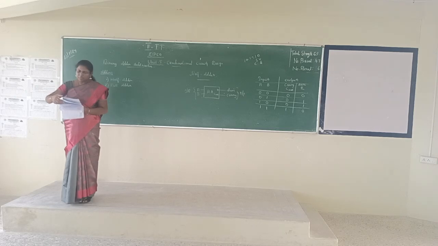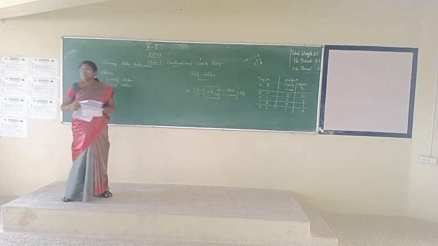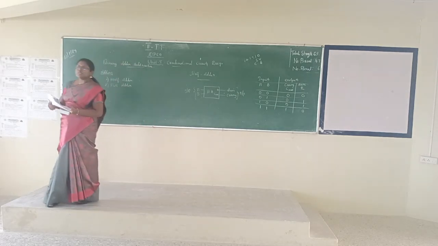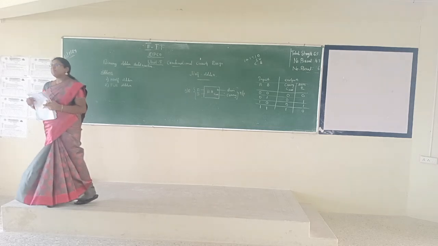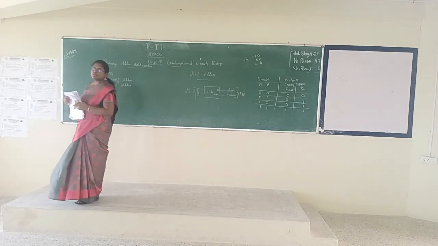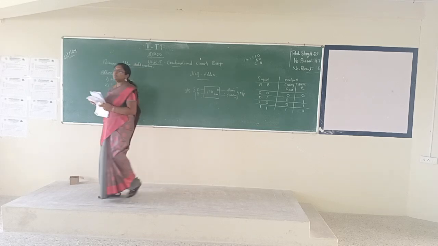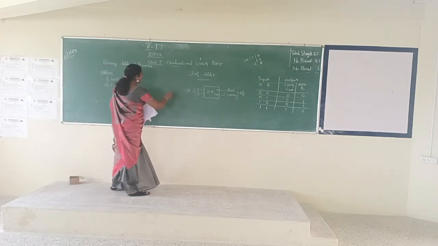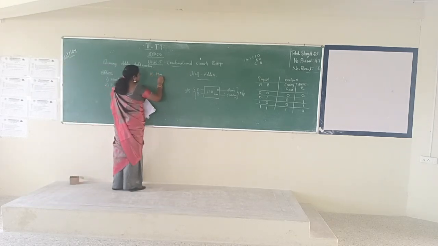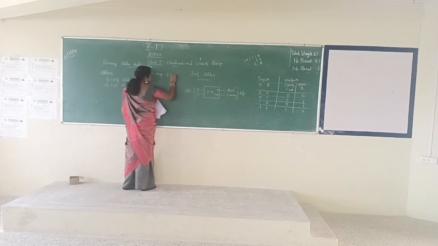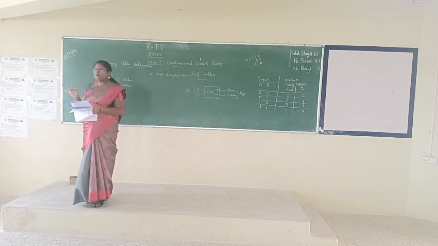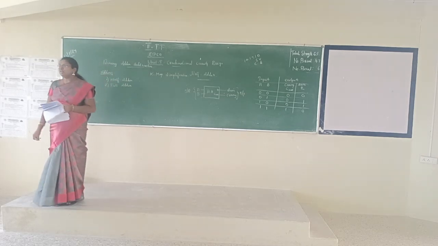KMAP simplification. So how many inputs are here? 2 inputs. So what is the type of KMAP here? 2 variable KMAP that consists of 4 cells. You should not say 4 KMAP. You have to tell us 2 variable KMAP with 4 cells, right? So first you have to do the KMAP for the sum. Then you have to do the KMAP for carry. Good.